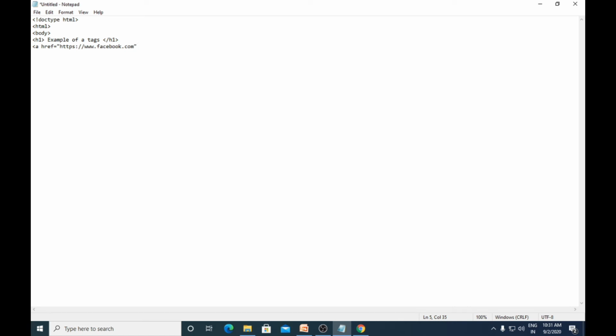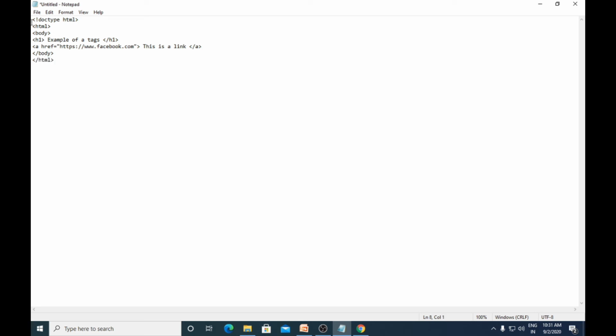Then close the start tag of the a element. Then write some text saying that this is a link. Then close the a tag. Then close all the other remaining tags. Which tags do you have to close? Body, and then the HTML tag.